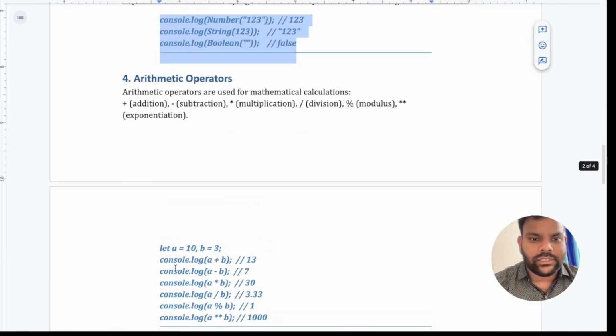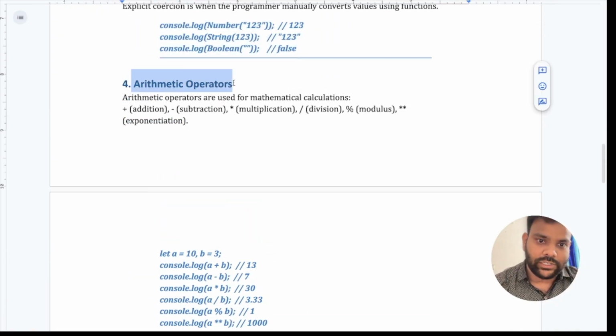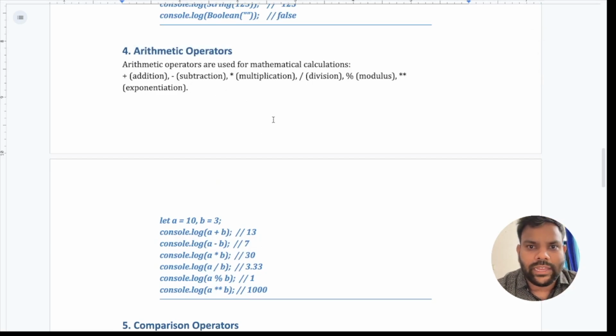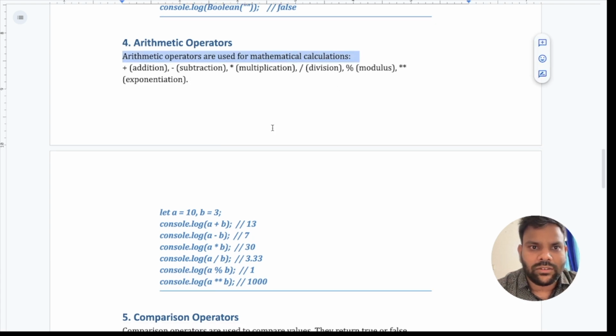Arithmetic operators. Operators are also very important. Here we can see it. Arithmetic operators are used for mathematical calculations like adding, subtracting, multiplication, division, modulus,